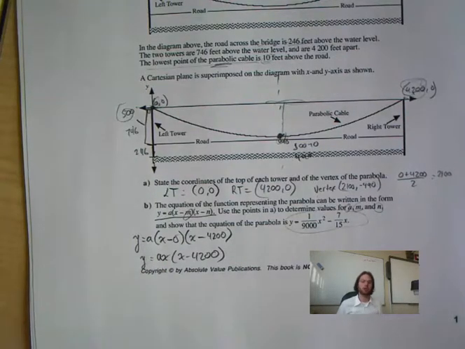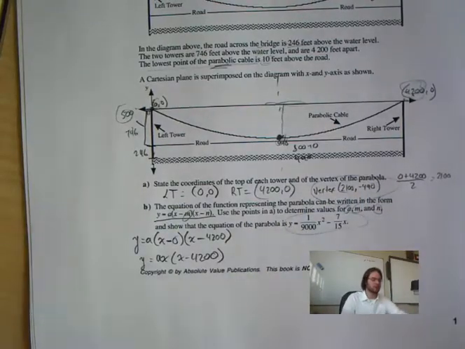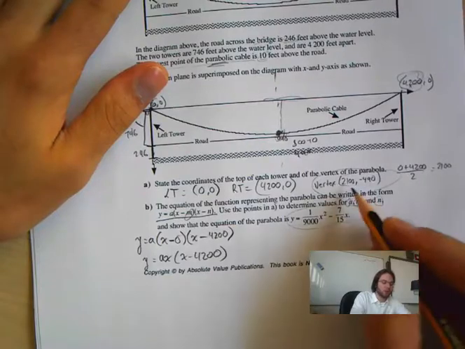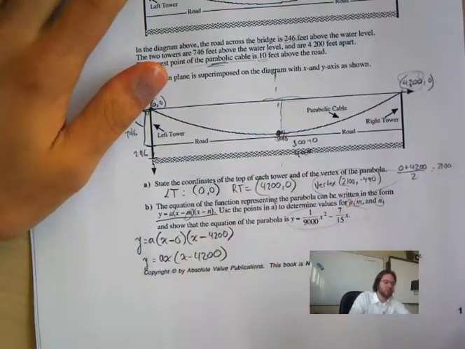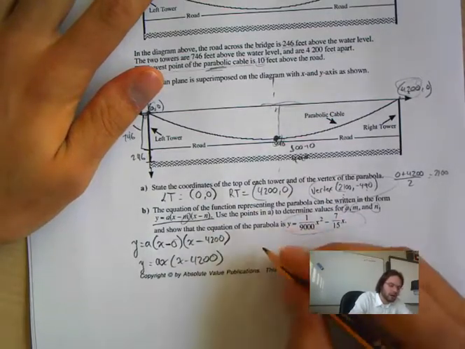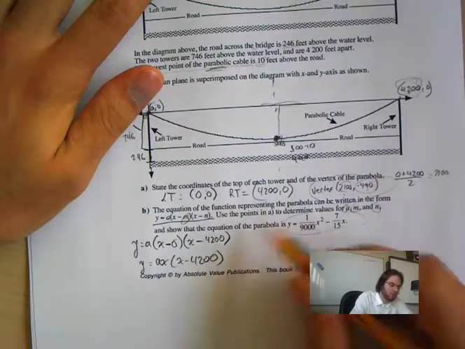But do I know another point on the graph? Yes, I do. I know the vertex. So that's another point on the graph. So I could put this in for x and this in for y, because I know a y and x value besides the two we used on the graph. So let's try that out here. So my y value is, sorry, where is that? Right here, negative 490